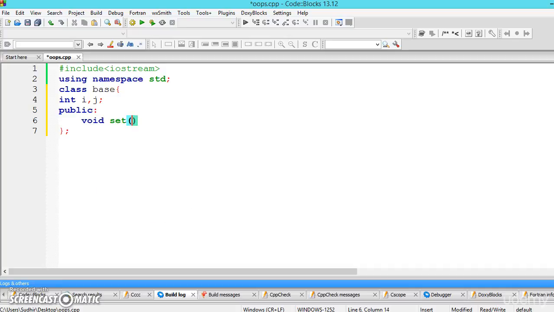void setData function with int a, int b, and inside the flower brackets let us write i is equal to a, j is equal to b. Instead of writing in separate lines, I am writing it in one line, that's all. And